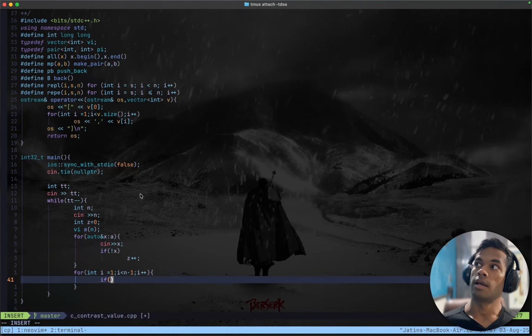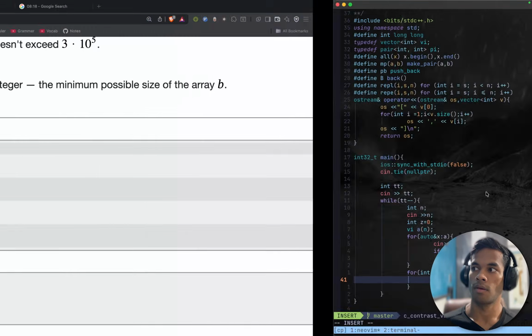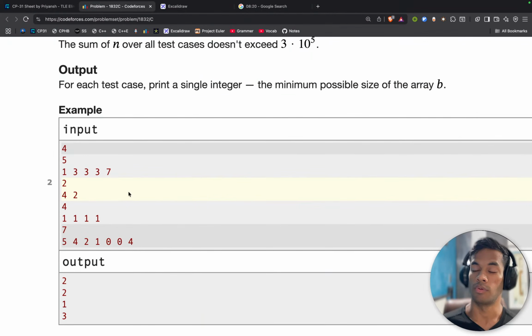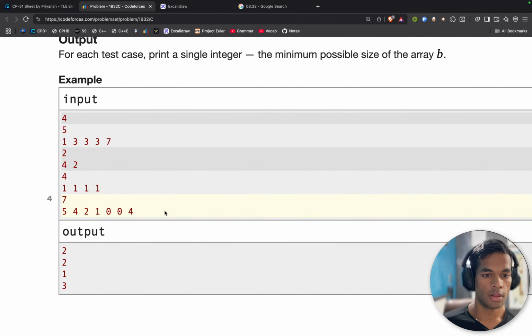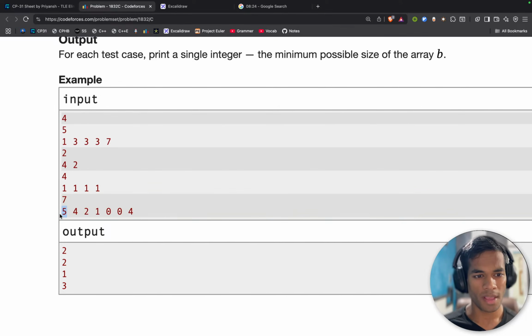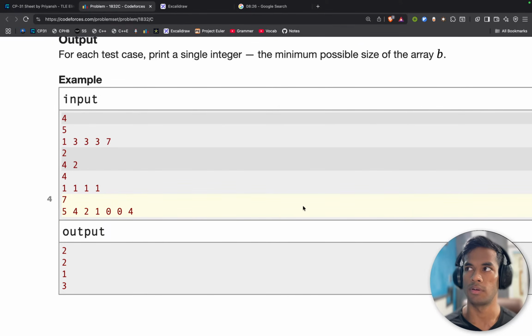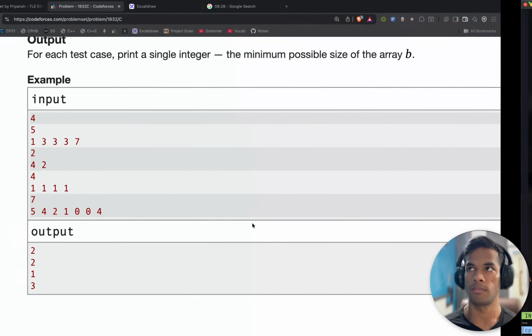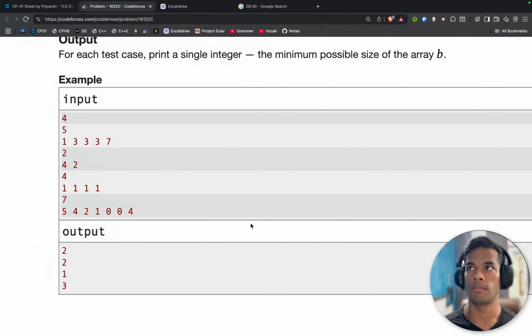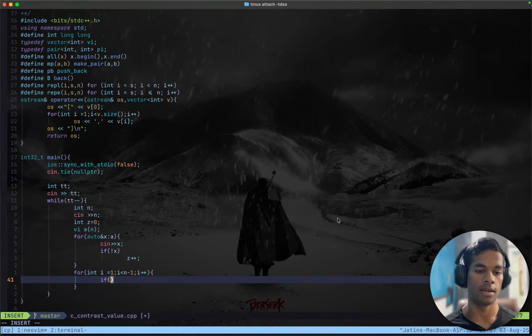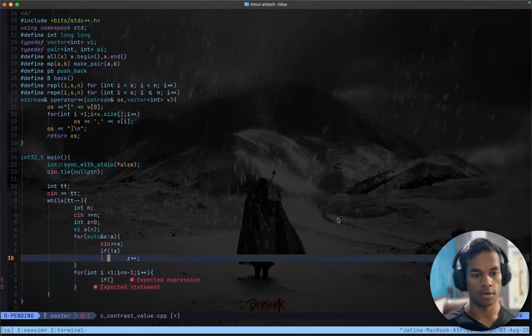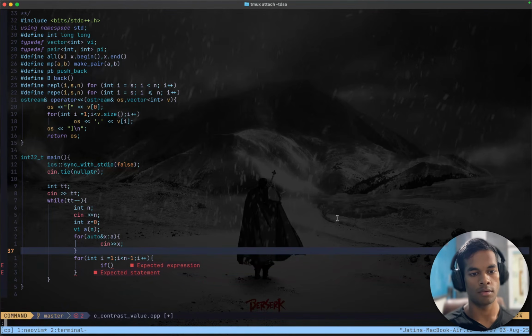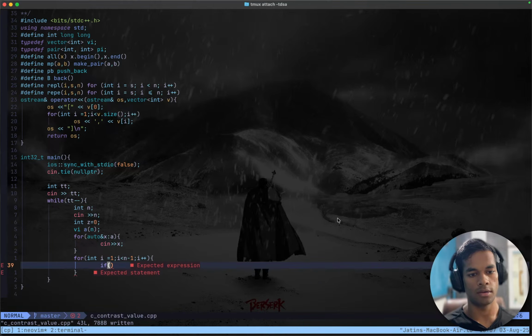I cannot remove 0. Yeah, I cannot remove 0. That is wrong. So I can never remove the first and the last number. Yep, I can never do that. So I don't need this. And here,